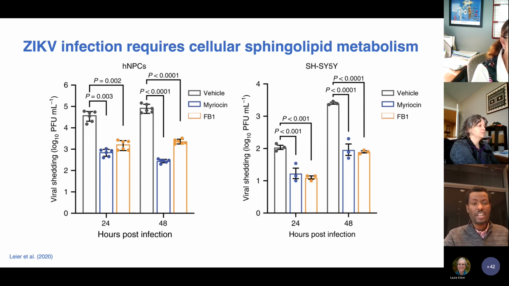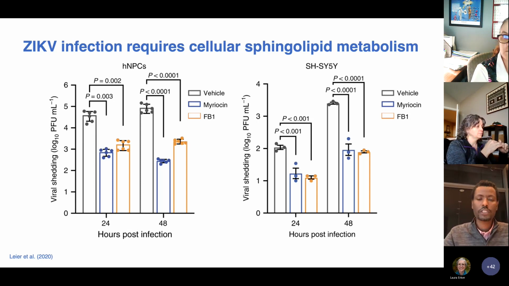Obviously, we know that Zika virus is neurotropic and mainly infects neuronal cells within the central nervous system to cause microcephaly. That's how it actually causes it. And studies have shown that human neuronal progenitor cells can be used as a proxy for physiologically relevant primary cells. So that is what we decided to do, because the previous studies did not use neuronal cells. In this case, we decided to use NPCs and also neuroblastoma cell lines,